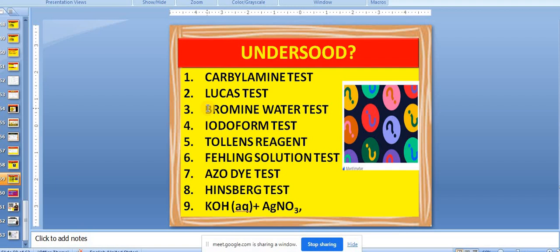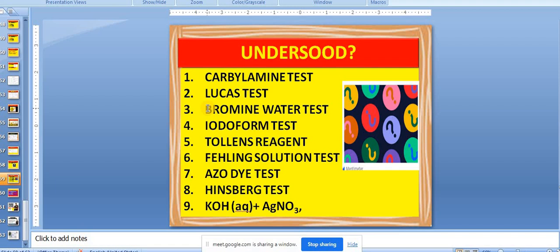Decolorization is not there, ma'am. It is a white PPT that will be given, a white PPT with 2,4,6 tribromo. That product is 2,4,6 tribromo. Okay, so it won't be decolorizing. The white PPT reaction is there. So now violet is not related here.